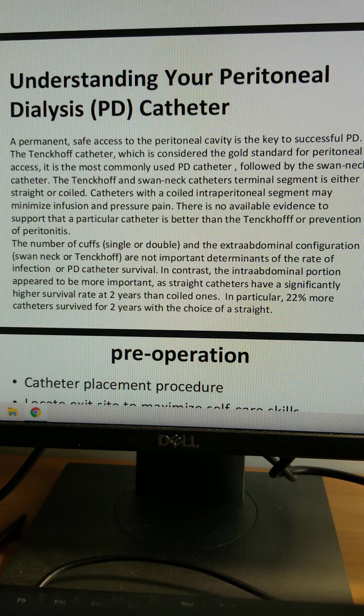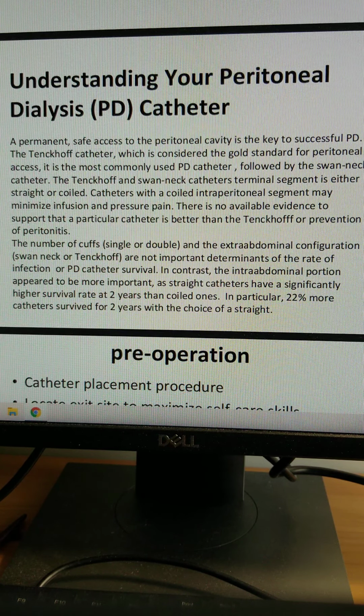The Tenckhoff catheter is considered the gold standard for peritoneal access. It is the most commonly used PD catheter, followed by the swan neck catheter. The Tenckhoff and the swan neck catheter terminal segment is either straight or coiled. A catheter with the coiled intraperitoneal segment may minimize